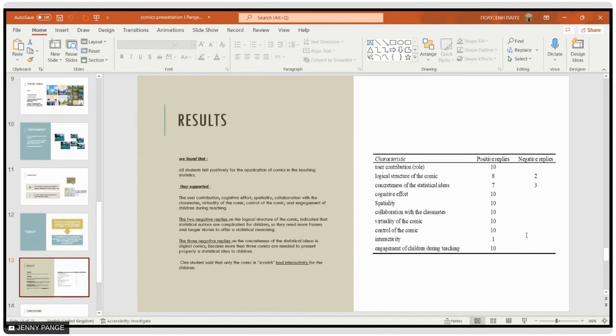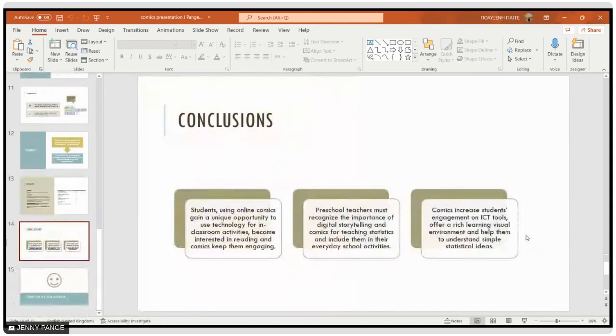Nowadays, technology is very useful for our schools. So, in conclusion, we can say that students using online comics gain a unique opportunity to use technology for in-classroom activities, become interested in reading and comics, and keep those students engaged in digital technologies.